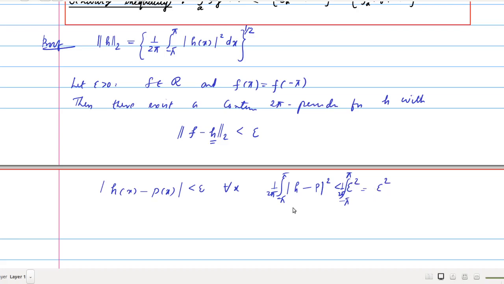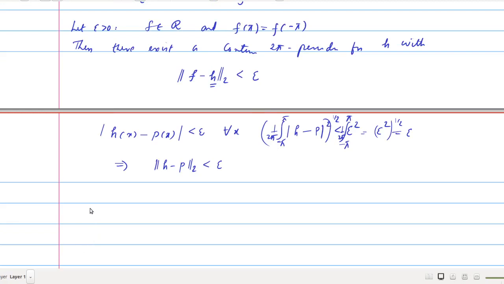So by taking the whole raised to 1 by 2 on both sides, this reduces to epsilon. Which denotes the 2 norm of h minus p, which is less than epsilon. So as a consequence of this, we get the 2 norm of h minus p is less than epsilon. Okay, now if this p has degree n naught,